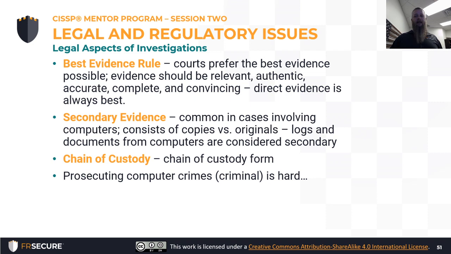Prosecuting computer crimes is hard, and the reason why it's even harder is because they have to have this proof beyond a reasonable doubt. And I'll give you just a quick scenario. I'm in Minnetonka now, and I could be attacking a company in, let's say, Minneapolis, which is like 15 miles away. If I proxy my traffic through open proxies in China, Iran, Russia, there are open proxies on the internet in those countries, and then I filter all my traffic through there, I appear that I'm coming from there, and if you backtrack to try to find attribution, chances are